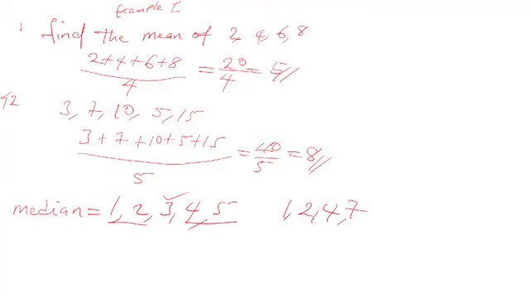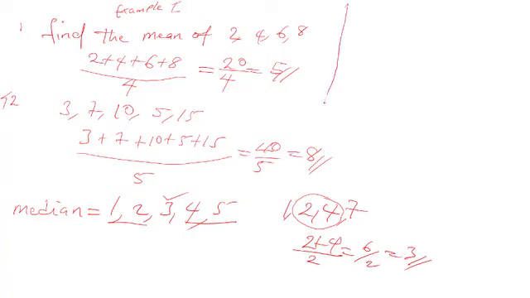Remember, there's 1, 2 and there's 4, 7. No number in the middle. Now pick the two numbers that are closer together in the middle, which is 2 and 4. Just do 2 plus 4 all over 2. Since it's just two numbers you're adding, 6 over 2, which is equal to 3. 3 becomes the median. But before you find the median, make sure that you've arranged it in an ascending or